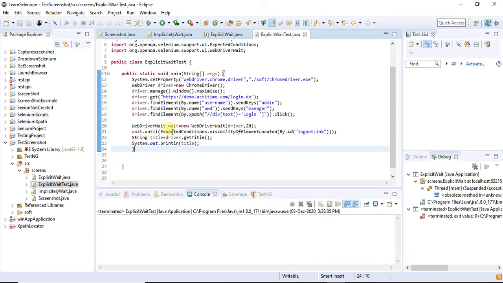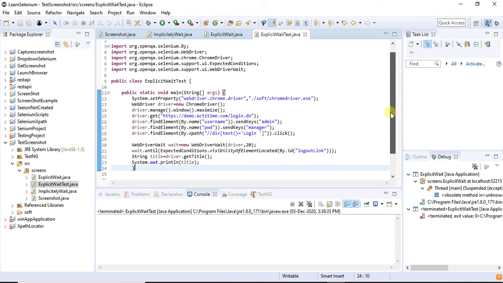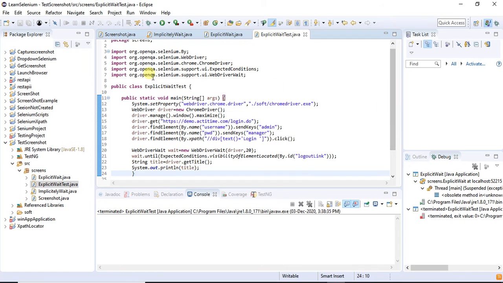Then in Eclipse, I write WebDriverWait wait equals new WebDriverWait. Once you write this code, it will ask you to import WebDriverWait. Then we have wait.until ExpectedConditions.visibilityOfElementLocated by that ID. I am giving the element locator ID. Then I am verifying the title with driver.getTitle.